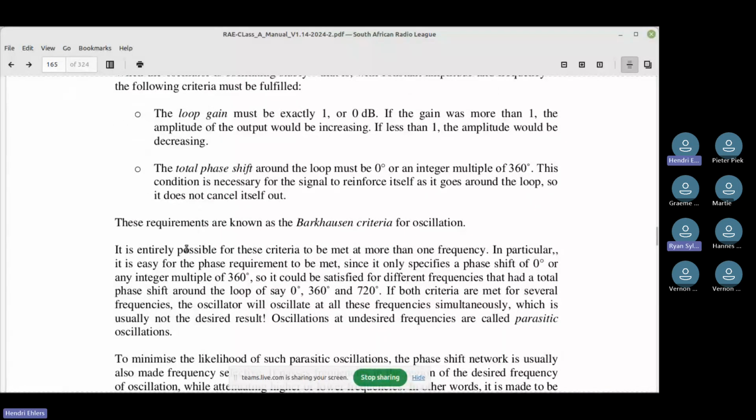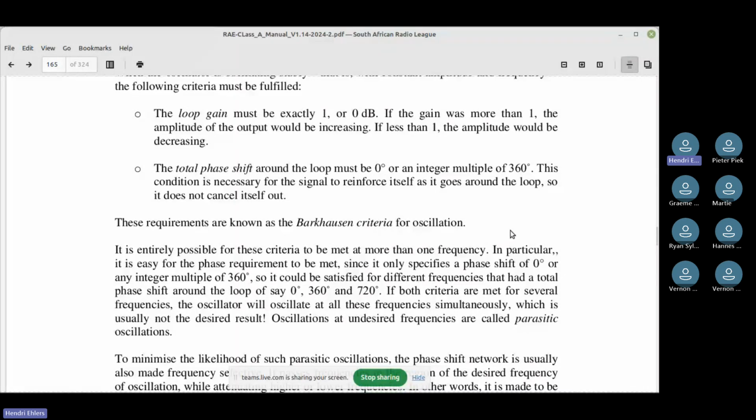Okay, so that's more or less where we are now. Now these requirements, that 0 degree phase shift, must be in phase, and these requirements are known as the Barkhausen criteria for oscillation. Now here they say it's entirely possible that these criteria are met at more than one frequency.